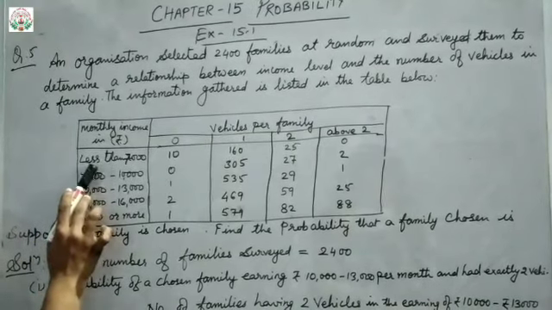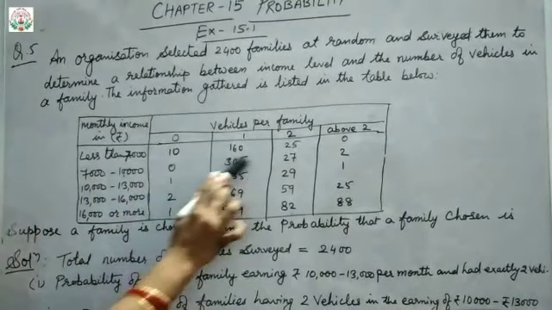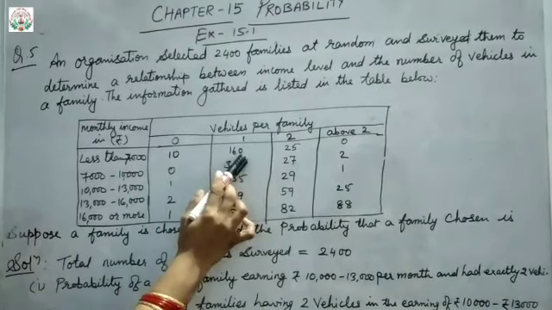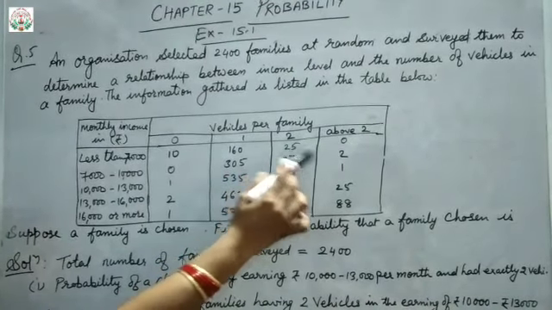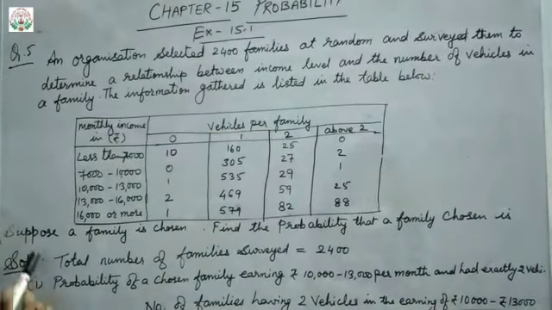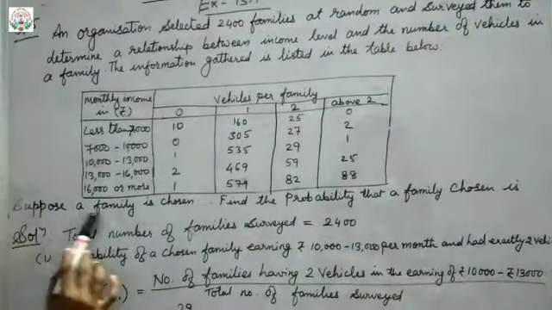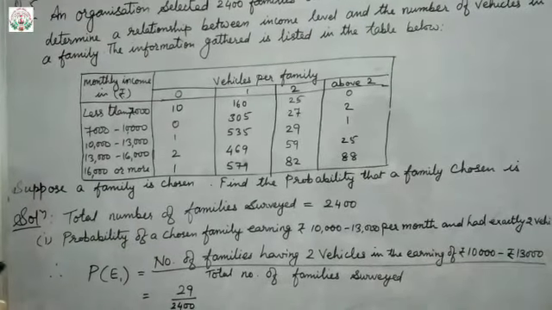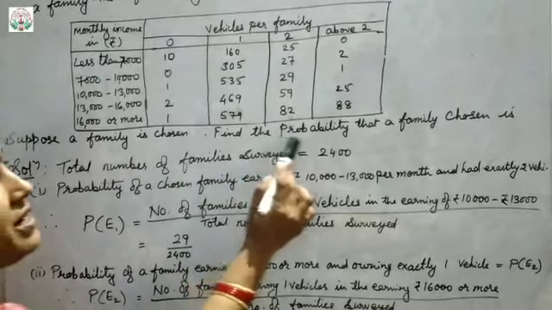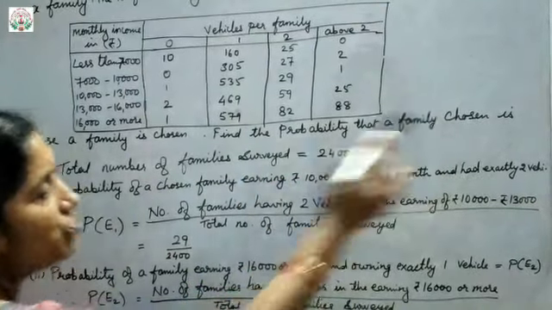Okay, for income less than 7,000, there are 0 vehicles: 10 families, 1 vehicle: 160 families, 2 vehicles: 25, and above 2: 0. Likewise the table is given. Now what is there to find? Suppose a family is chosen, that is, probability that a family is chosen. Then find the probability that a family chosen is...